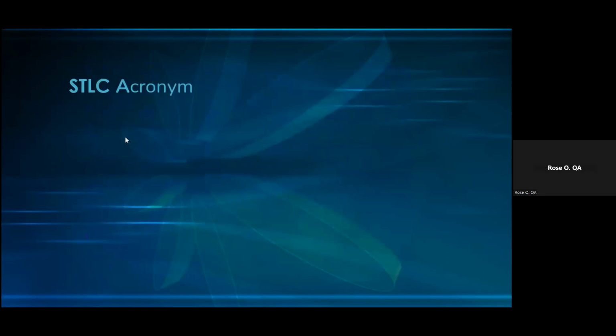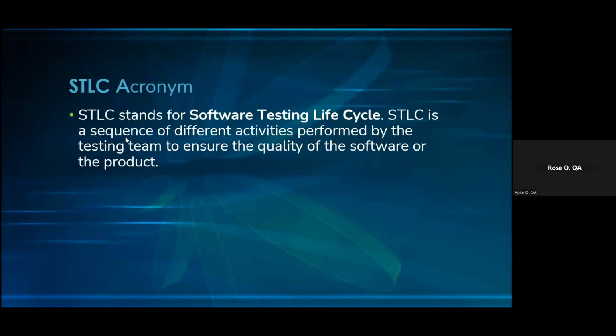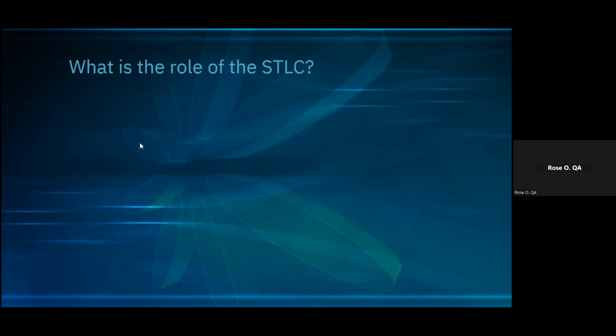So going further, what is STLC? It stands for Software Testing Life Cycle. It's a sequence of different activities performed by the testing team. In fact, I forgot to underline this and bold it. It is the testing team to ensure the quality of the software or the product. To ensure the quality of the software or product. So that's our activity. What is the role of